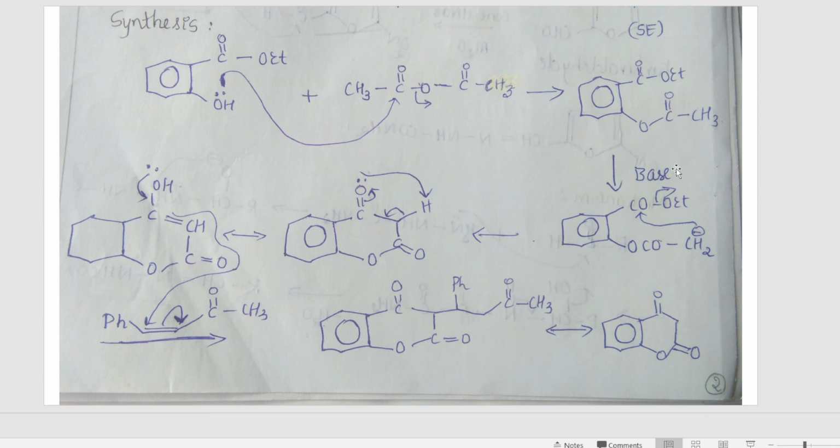Next what? Next you are using a base. Why is the base used, students, in the reaction? Because base abstracts a proton. So it will abstract a proton from the CH3, making this carbon have a negative charge on itself, because one H is lost as H plus, that is taken up by the base. Now this carbon has a negative charge on itself, and you know that here there is a carbonyl group, and the oxygen of the carbonyl group will pull the electrons, so oxygen will get minus charge and carbon will get a plus charge. Since this carbon has a negative charge and this carbon has a plus charge, there will be a bond formation between this carbon.